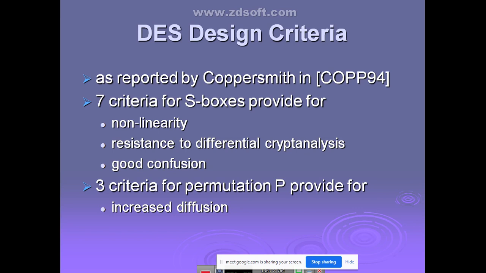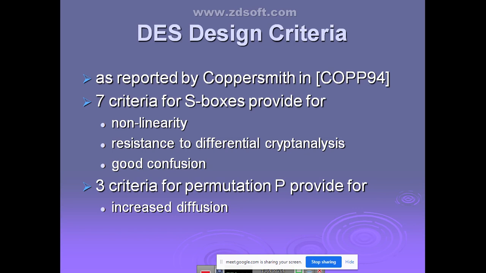Then one more thing it uses is the permutation operation. Many times you have used the permutation function within the DES algorithm. Have you seen that? Initial permutation was there, inverse initial permutation was there. Whenever you are generating the key, there also you have used 2 types of permutation, permuted choice 1 and permuted choice 2. So many times you are using a permutation operation within the DES design. By using that, it provides increased diffusion.